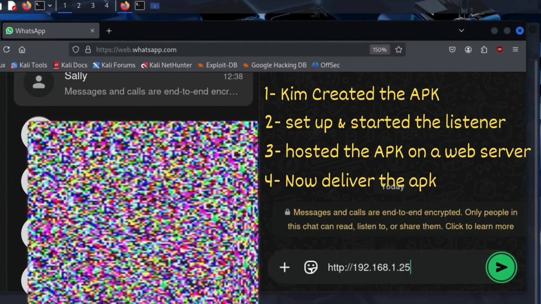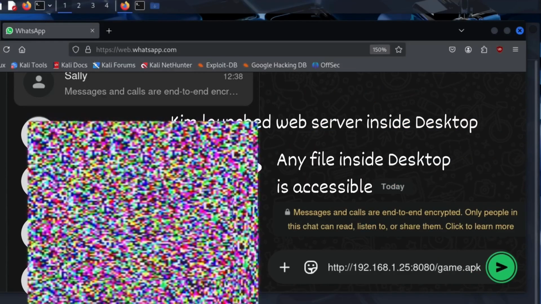HTTP followed by the IP address of his Kali machine, the one running the web server. Then 8080, the port the web server is listening on. And finally, the name of the file. Remember, when you launch a Python web server inside a folder, any file in that folder is public to anyone